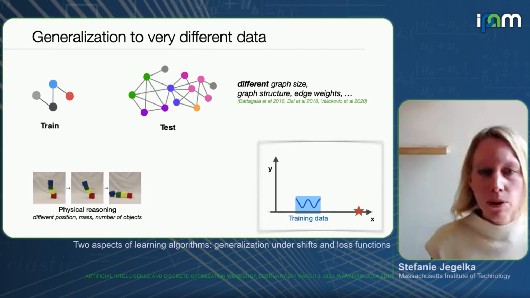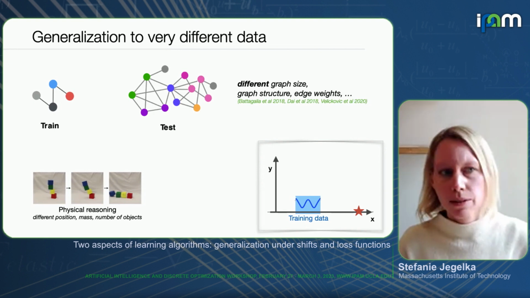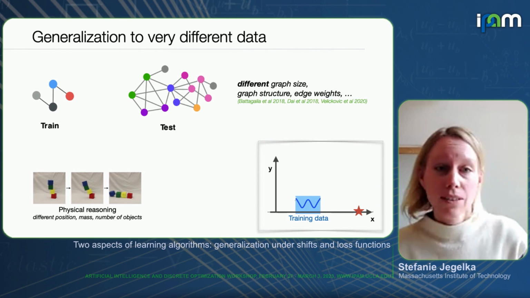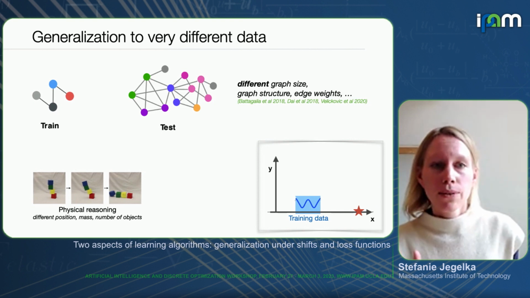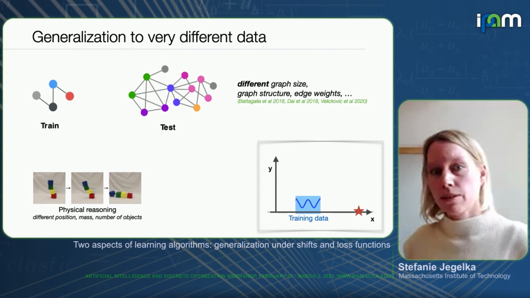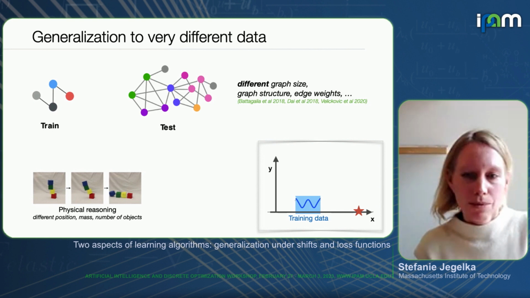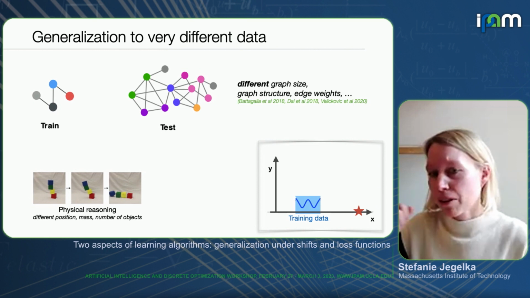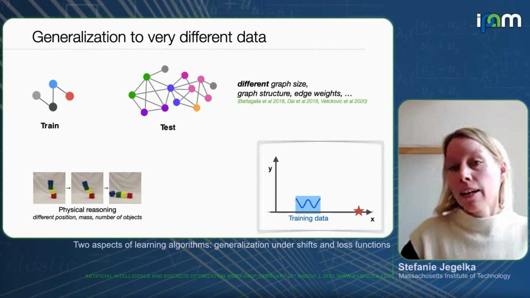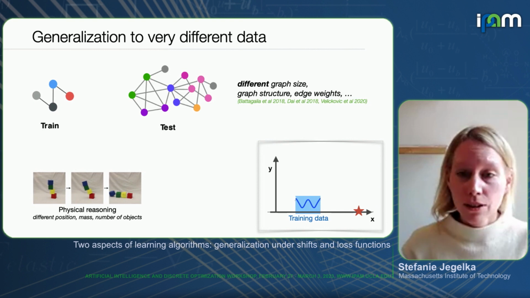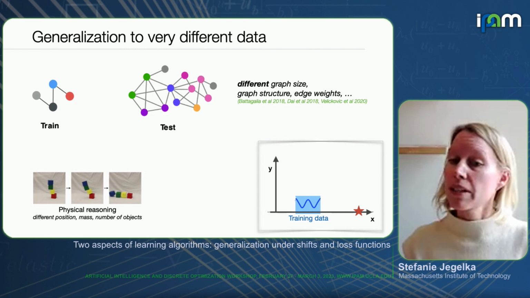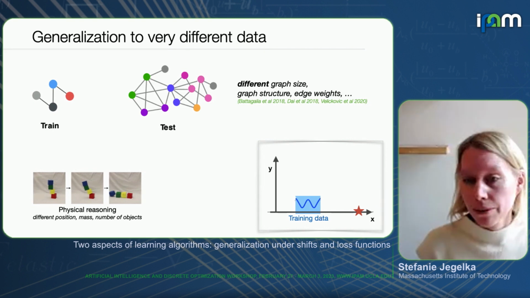This is some older work of ours, but I think it's still relevant for this audience. If you haven't seen it, I think it's useful. So what's the problem if my data is very different? I like to compare this to a regression problem. Let's say we had a one-dimensional regression. We have a lot of training data in the blue box, and we can fit basically any function in this blue box. And now I'm asking the model, what would you predict where that red star is?